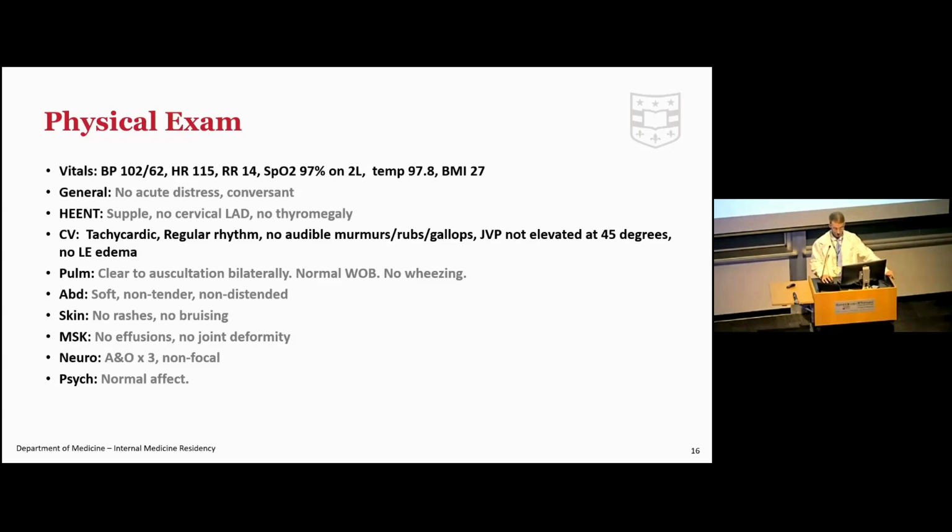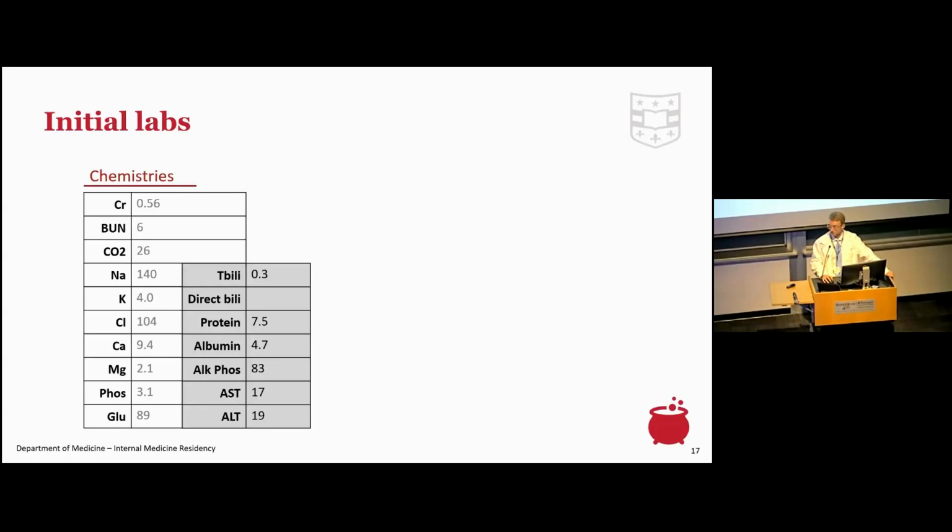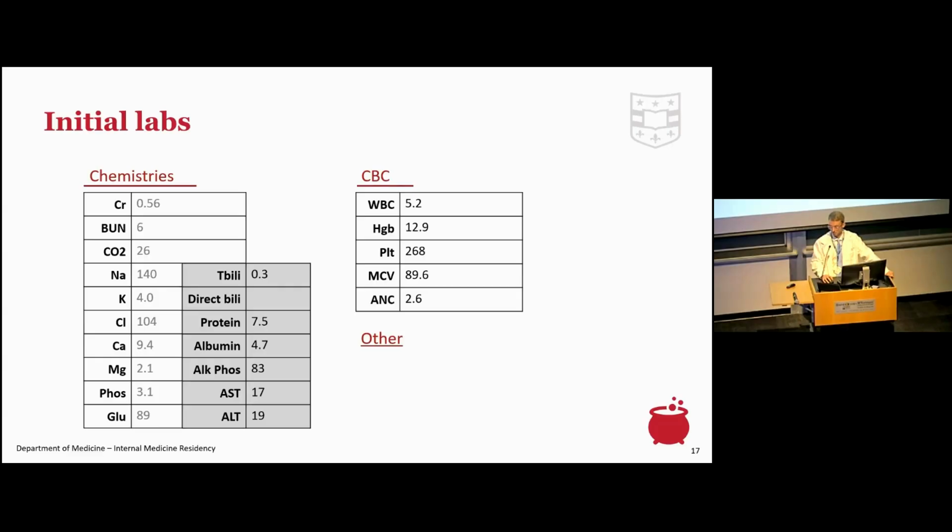I'll go ahead and give you some initial labs that were done in the emergency department. Is she currently having chest pain or not currently having chest pain? Not currently. Okay. So here's the CMP. Go ahead and let everyone review. Here's a CBC. And then some other rapid tests that were done pretty quickly. You didn't specifically ask for them, but beta HCG and TSH were also performed.